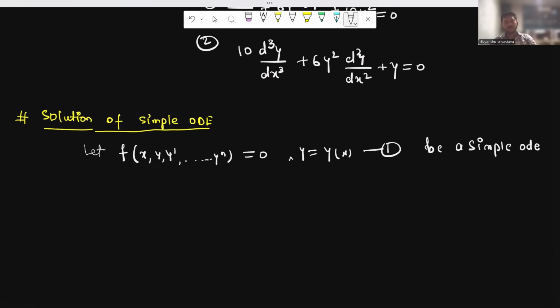Then phi(x) is called a solution of the simple ODE